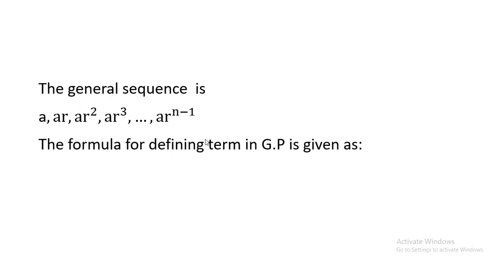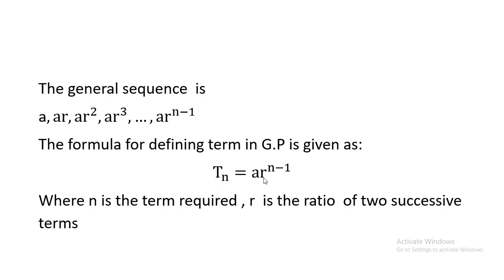So the formula for the nth term in a GP is given as T of n equals a r to the n minus 1, where a indicates the first term of the sequence, r represents the ratio,